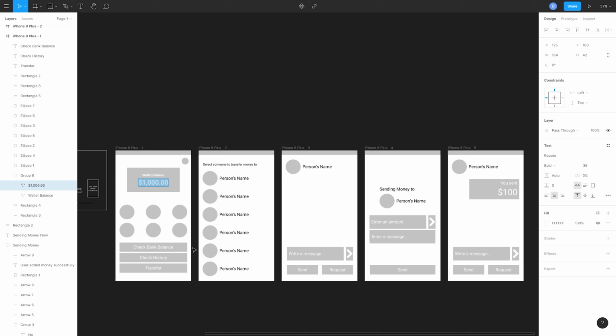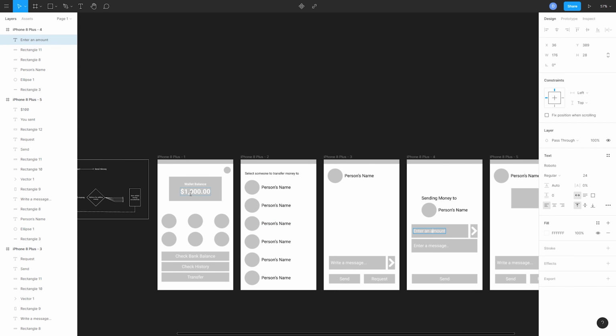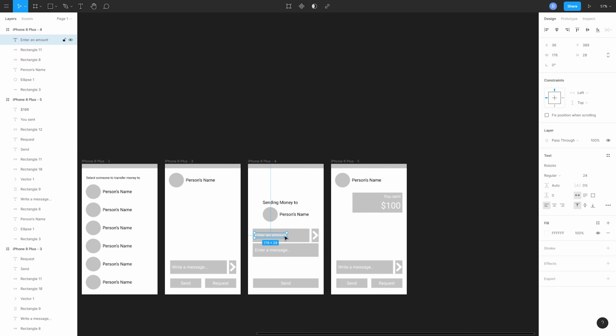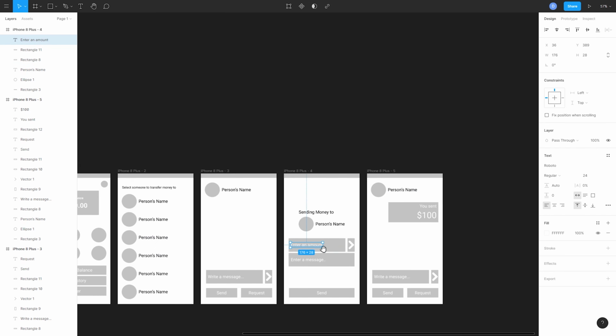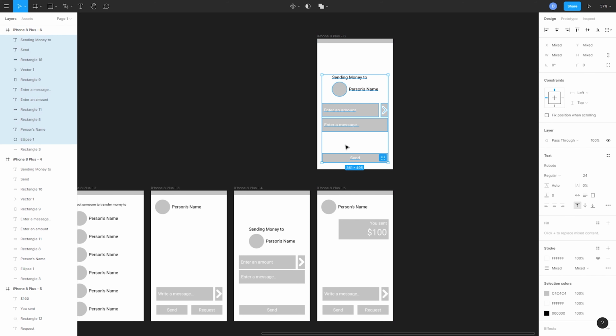If the user has a balance of $1,000 and they enter an amount greater than $1,000, you run into a problem because our user just checked the money using their eyes and nothing that we did on our end at our product or in the app checked the balance. The user can enter any amount. So if the amount is greater than what the user has in their wallet, we're going to have to let the user know that wait, you can't send this much money because you don't have this much money in your wallet. Let's just go ahead and create a screen that says